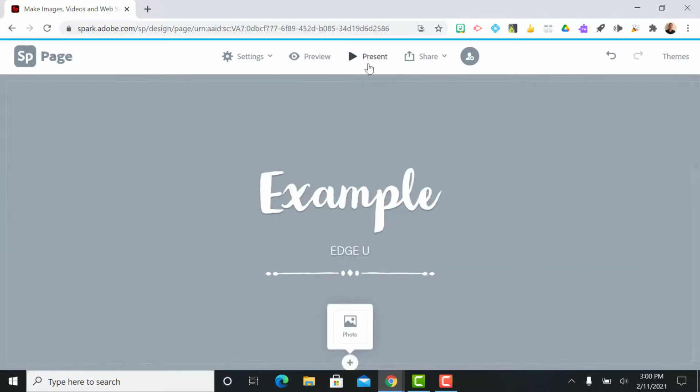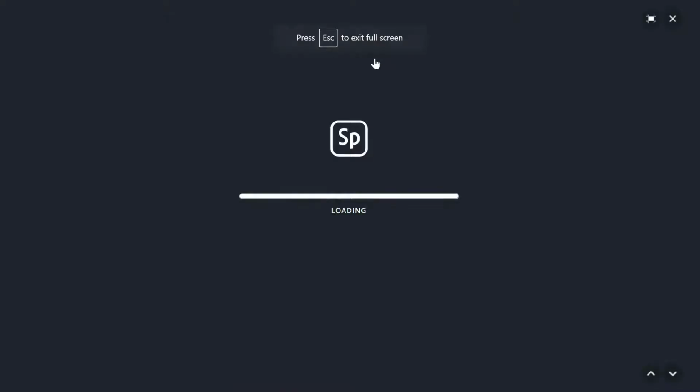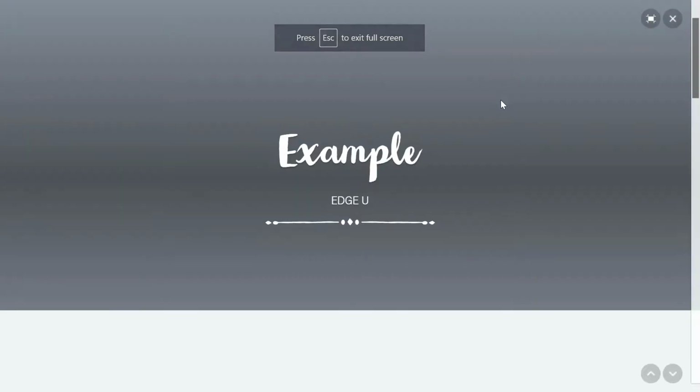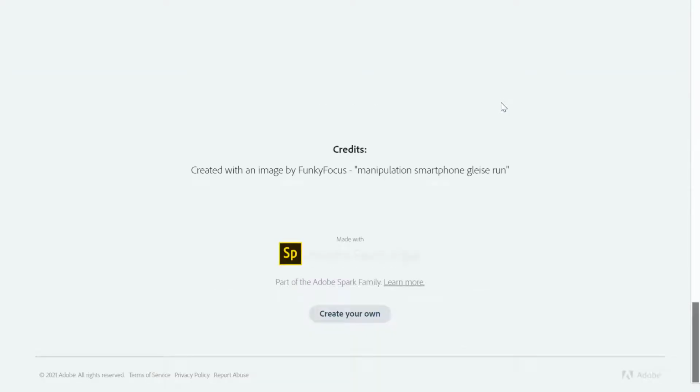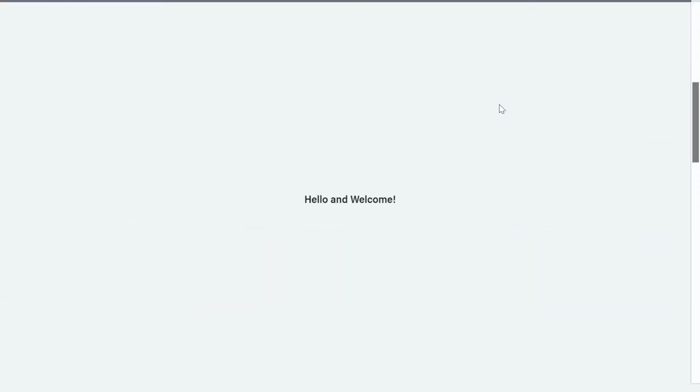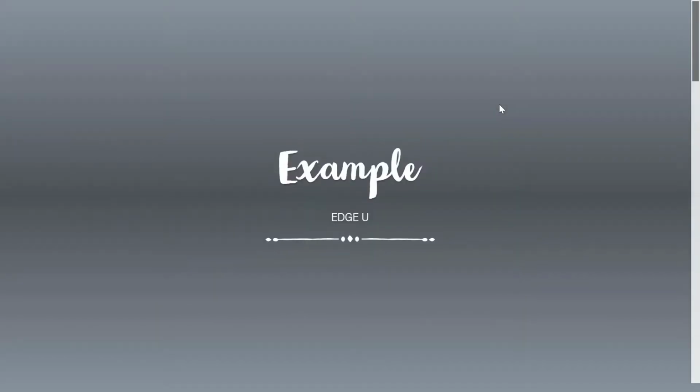Now, another option too is that present mode, which I talked about earlier. If you click on present, this is where I can pull this up and actually present my web page almost as if it is a presentation itself. So you can pull this up if you are doing a presentation or if you are in a staff meeting, a professional development meeting, or something that you're running. You can actually create an Adobe Spark page and then pull up the material there to present to your colleagues